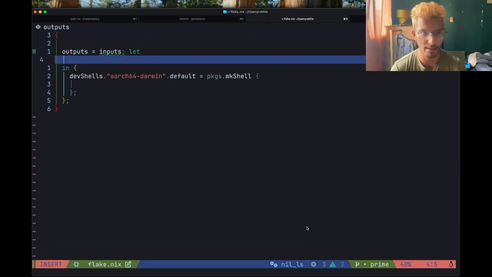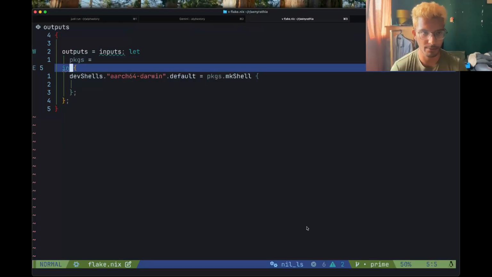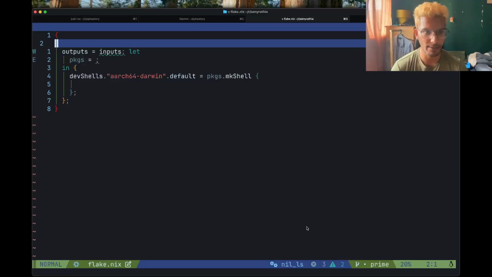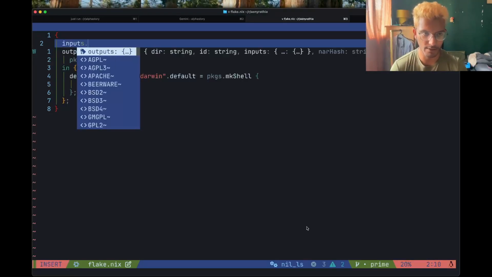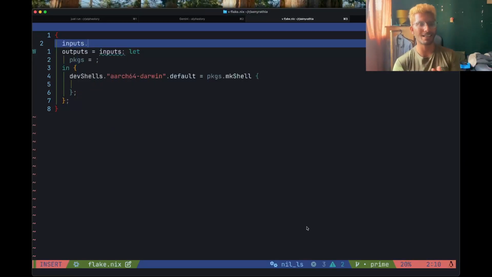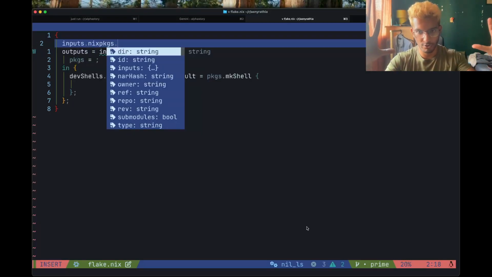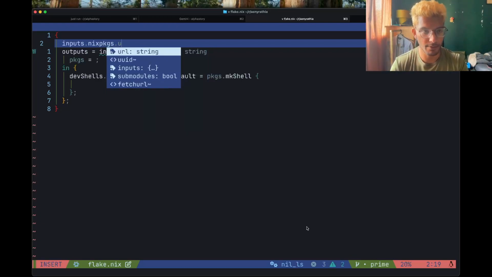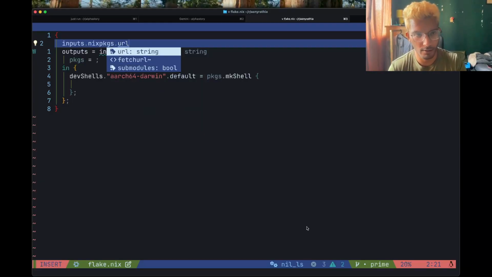So there's an undefined name. It means we need to say what packages is. So I'm going to say let packages be something. I still don't know what this something is, I just put it here for now. But that something is going to be from inputs. Inputs is a way for your flake to pin its dependencies. Very amazing. So we can say Nix packages, which is the largest repository of packages on any Linux distro, for any Linux package manager, it's awesome. But I'm just going to say inputs.nixpkgs.url equals